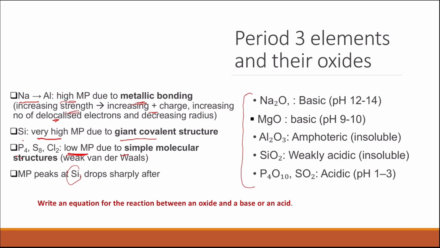And then phosphorus and sulfur are acidic, and when they dissolve in water, they will give you acid, which is phosphoric acid or sulfurous acid for sulfur dioxide. For the sodium and magnesium, they will give you the hydroxides when they dissolve in water. So it's very common in the question to ask you to write an equation for a reaction between an oxide